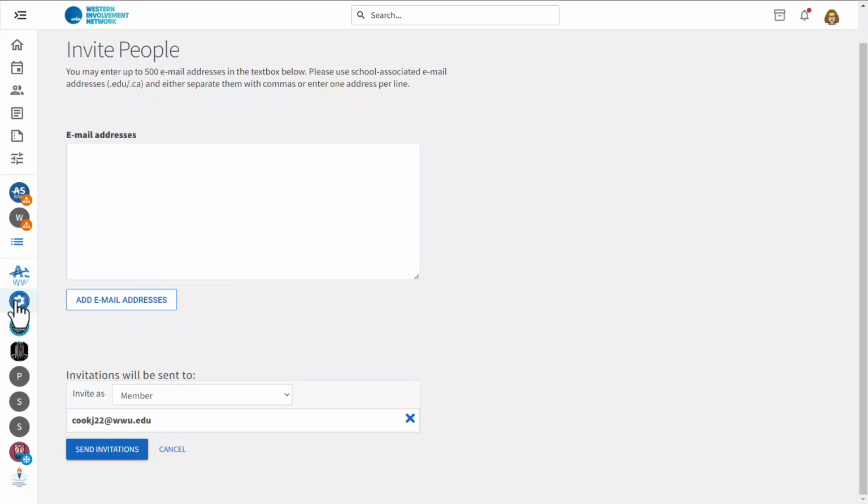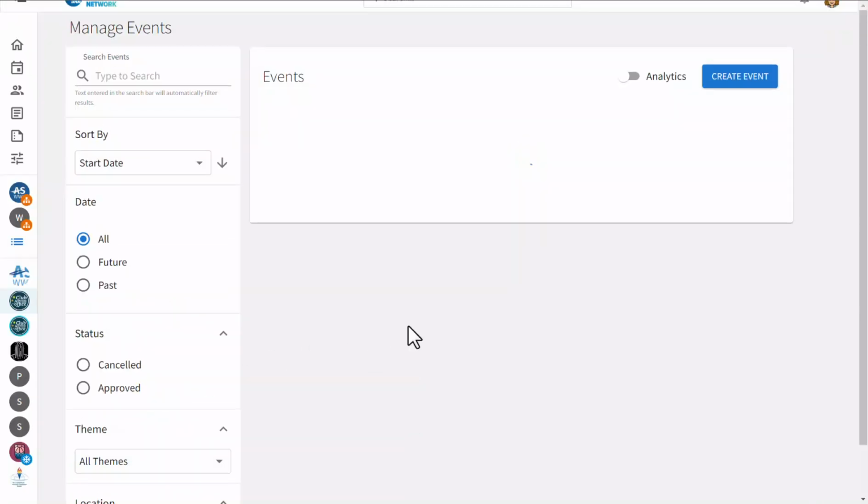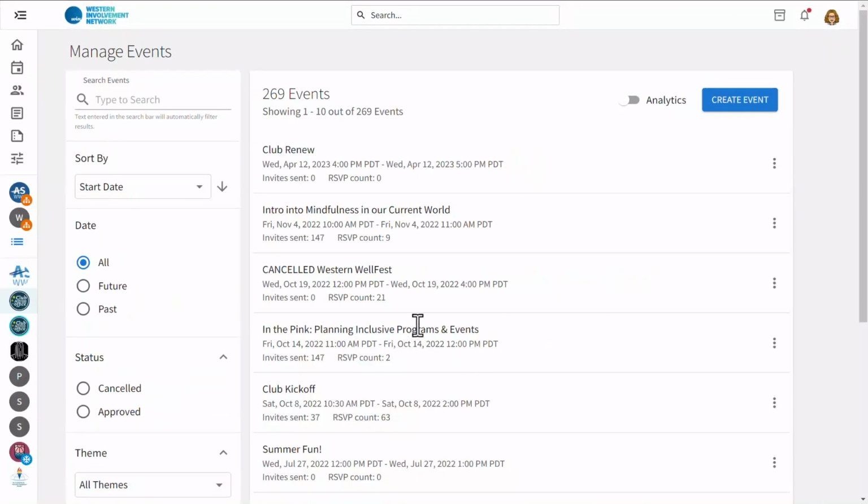Next, we will look at the Events section. This is where you will create new events to post on Win, as well as manage the events you've created. There is another video that walks you through how to submit and manage an event, so be sure to look for that. But I wanted to note here that events posted to Win are used on digital TV screens and on various websites. Posting your club meetings and special events on campus is a great way to get the word out to the student body.